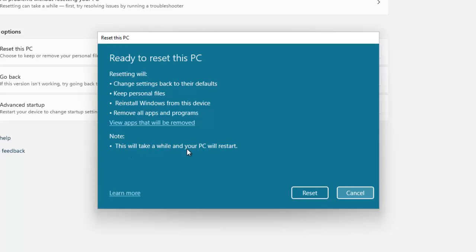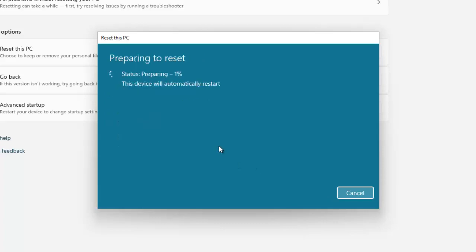It says this will take a while and your PC will restart. So if I click reset, you see now the status is preparing, about 1%. The device will automatically restart. This is going to take some time before your device is fully reset without you reinstalling your